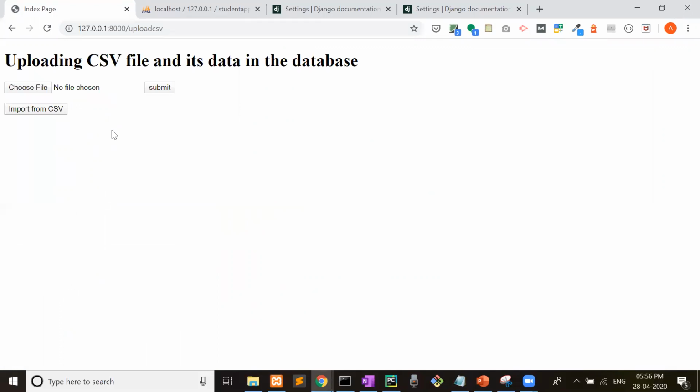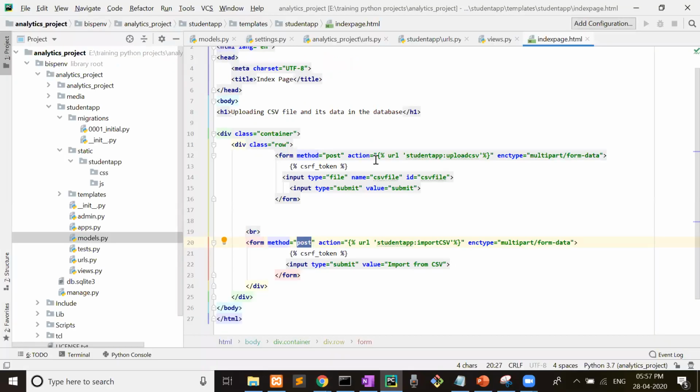Uploading the CSV is a one-time procedure. That is why I have shown you both procedures, uploading the CSV and importing the data from the CSV to the table. You can attach both procedures in one function also, uploading the CSV and importing the data at the same time. It is up to your requirement.